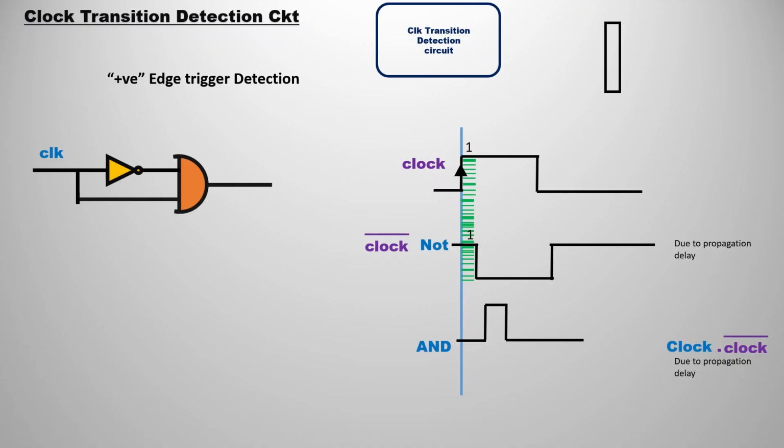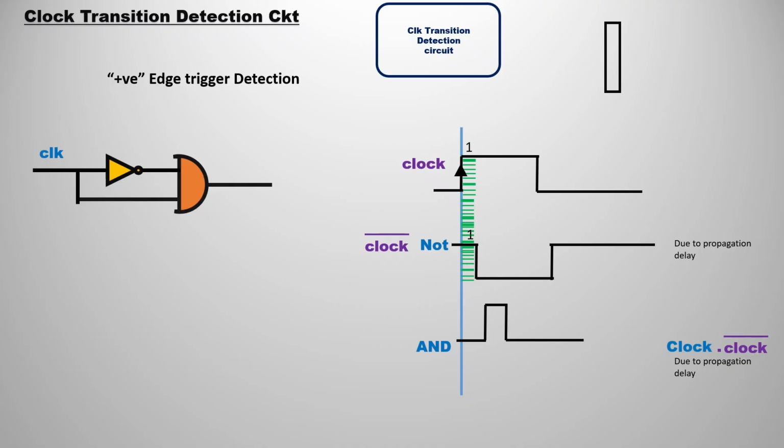If you compare here, we have a clock pulse with a positive edge, which I have represented as the clock. Then we have a clock bar, because we have a NOT gate that inverts the clock. So we are passing a clock, right? That clock is inverted with the help of the NOT gate and passed directly to the AND gate. In the AND gate, the inverted clock and the normal clock are multiplied.